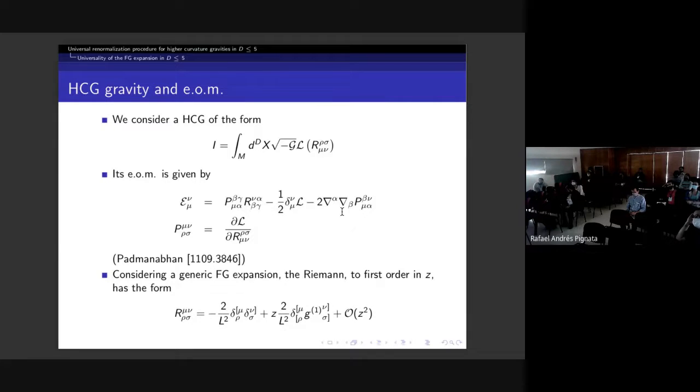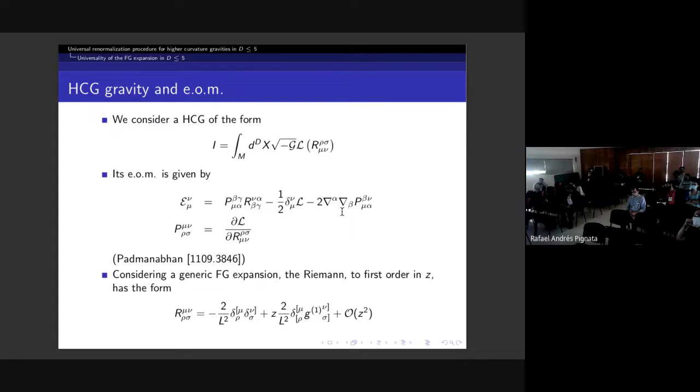And now the point is that without needing to specify the theory, you can analyze the divergent structure of the action. This is the main point. Without needing to fix the particular theory, it is possible to say generic things about the kinds of divergences that the action has near the conformal boundary, which is needed in order to subtract these divergences and make the action finite. So how can this be done? Essentially,